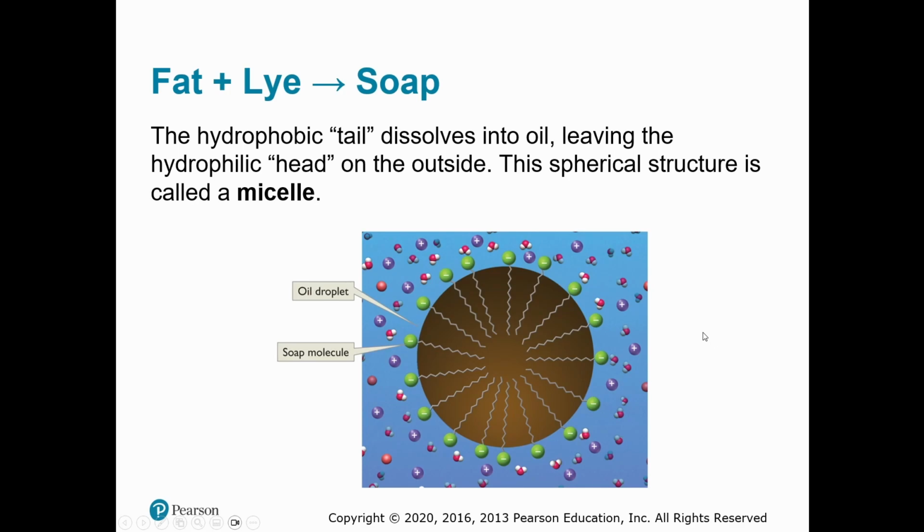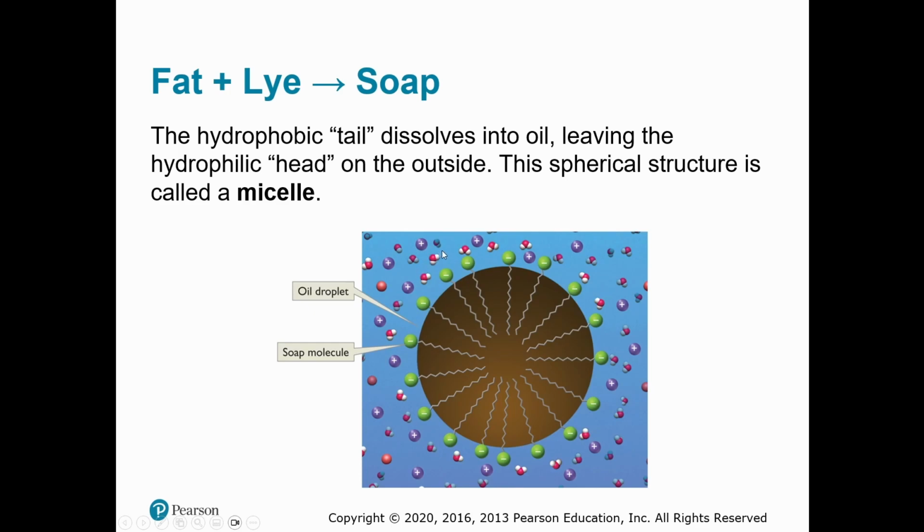What then occurs is the production of a micelle. A micelle is a spherical structure, and on the inside of the sphere, all of the nonpolar portions of the soap can trap a molecule of oil, or a droplet of oil. Then all of the polar portions line up on the outside of the sphere, and these can interact with the